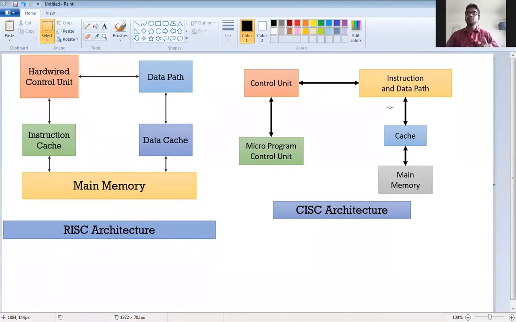So whatever comparison you can make between the two architectures: in RISC, that is the reduced instruction set architecture, few instructions are there. In CISC, a large number of instructions. Data types: it is related to the instructions as well. So obviously in RISC, instructions are less, so data types are less. In CISC, the instructions are more, so data types are also more. Addressing types in RISC are obviously less.